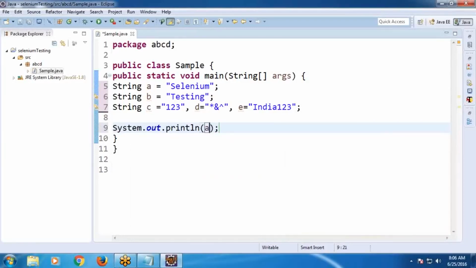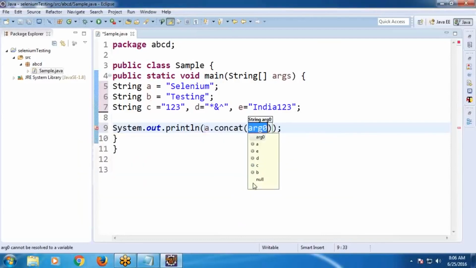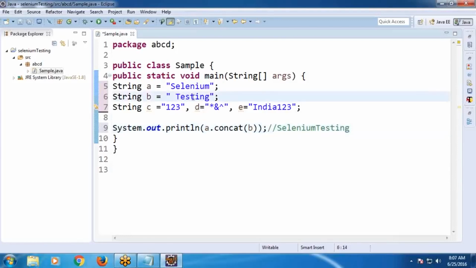A string is an object, you can apply built-in methods. A dot concat another string B. What is the output, Saloni? Selenium testing. Yes, Selenium testing. Selenium, no space, testing. If you want space, here you can use space, or after Selenium also you can use space. Okay. Next,